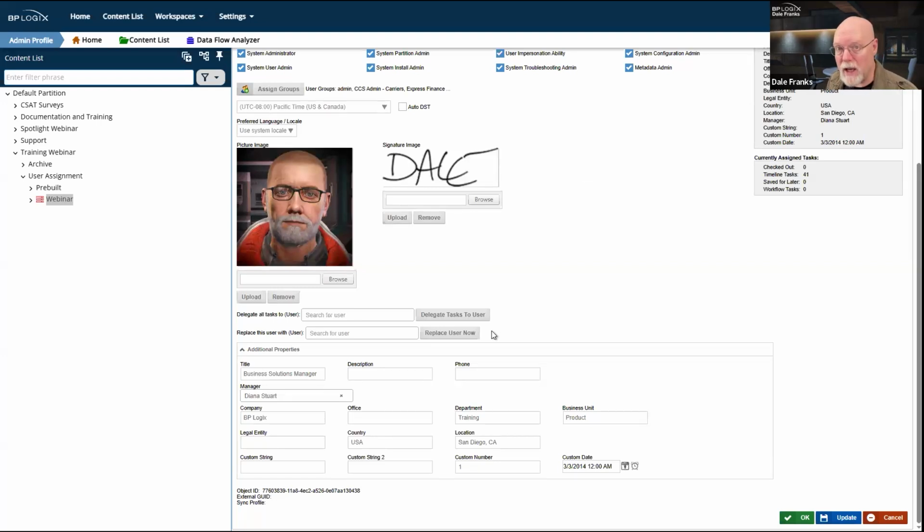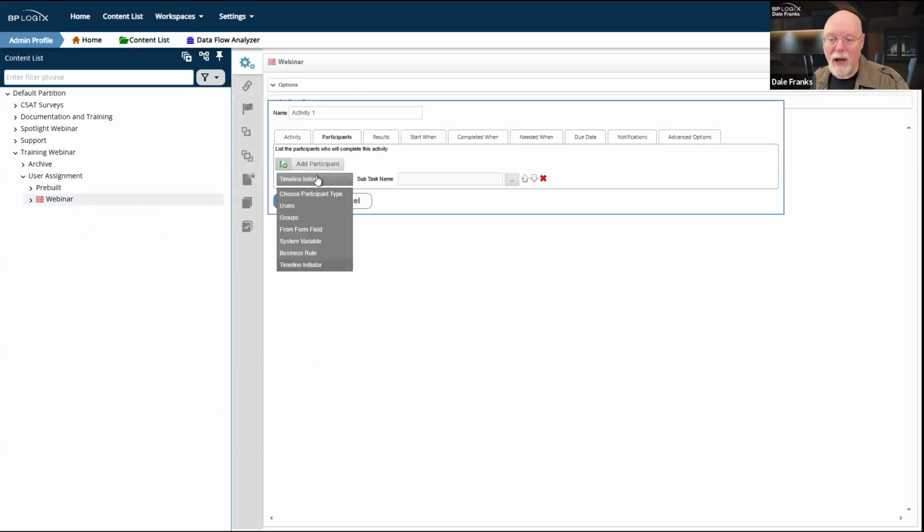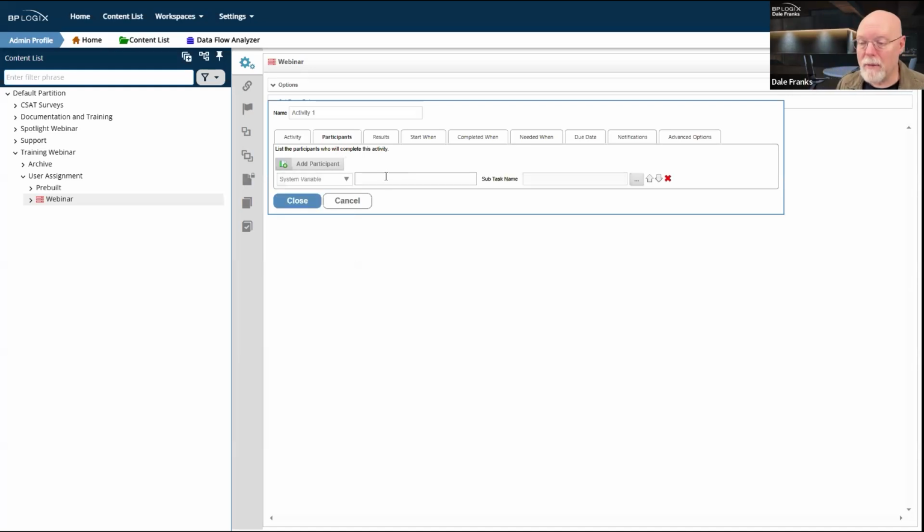Often this is imported via Active Directory, and you can certainly set this via Active Directory as part of your Active Directory synchronization. Presumably you could do it via SAML as well. And once I have this information, well, I can assign the first task. Since I know who the timeline initiator is, I can assign the first task via system variable. Because the system variable I need, in this case, the easiest one would be timeline initiator.